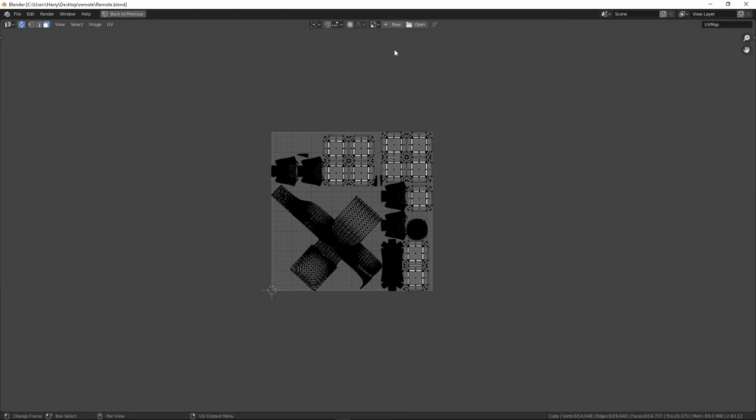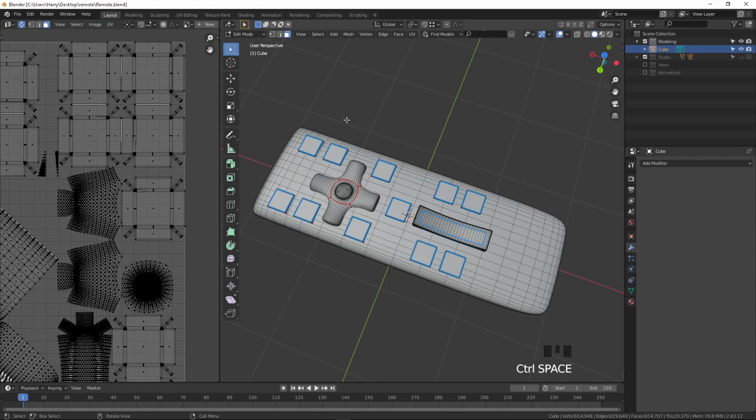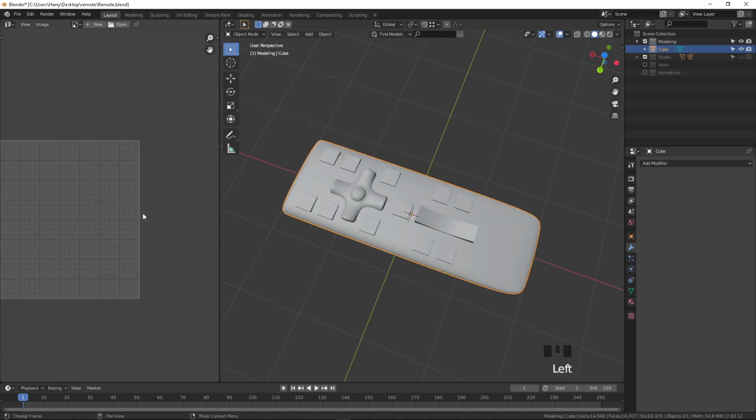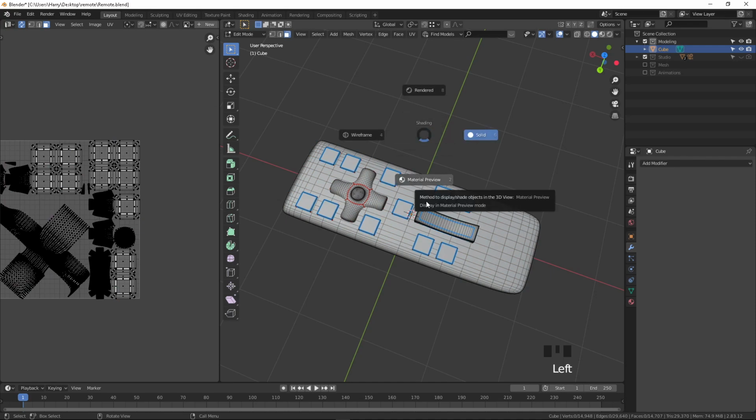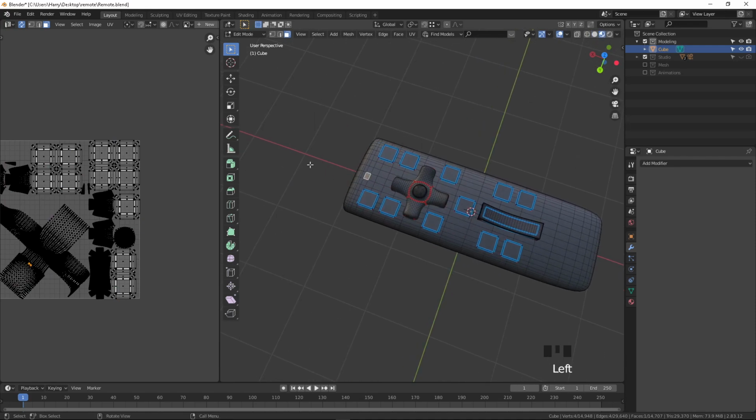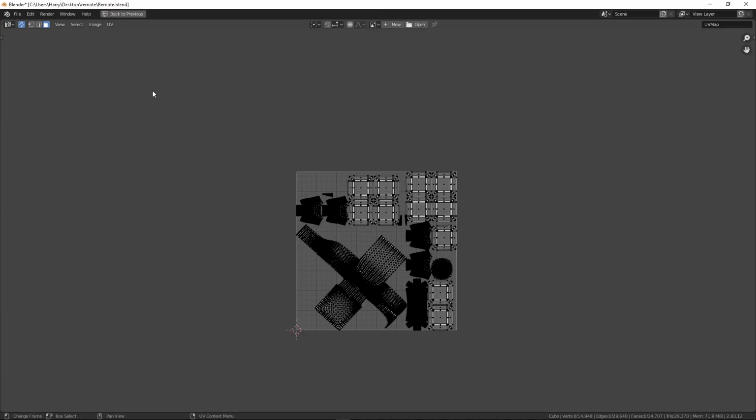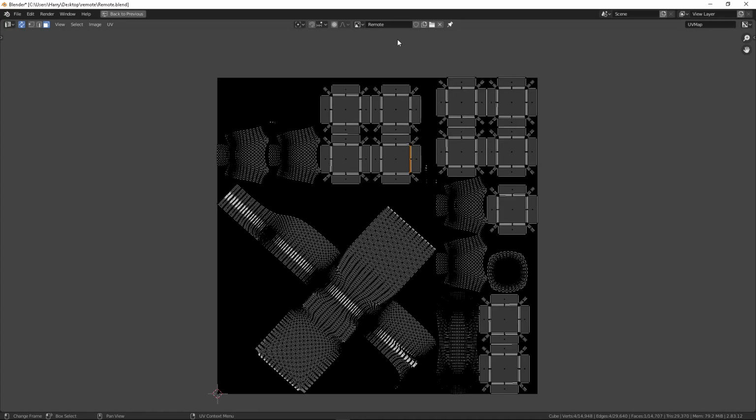I press space to maximum zoom. Now I'm going to add texturing for all the objects as required. I go back again, select, and go to the material preview. Then I press Ctrl space, press new, and remove. I change the name to remote. I give the same pixel size, click OK, and open the image I created before.